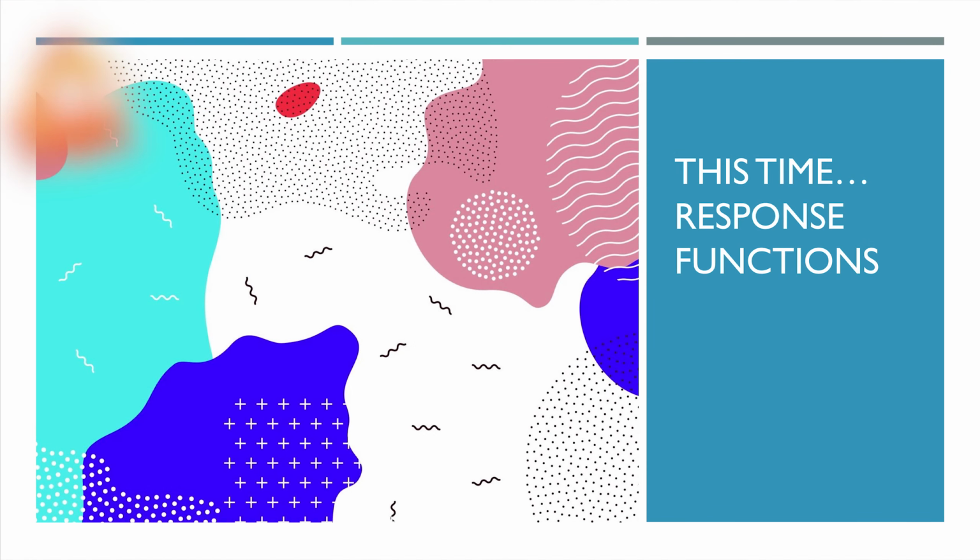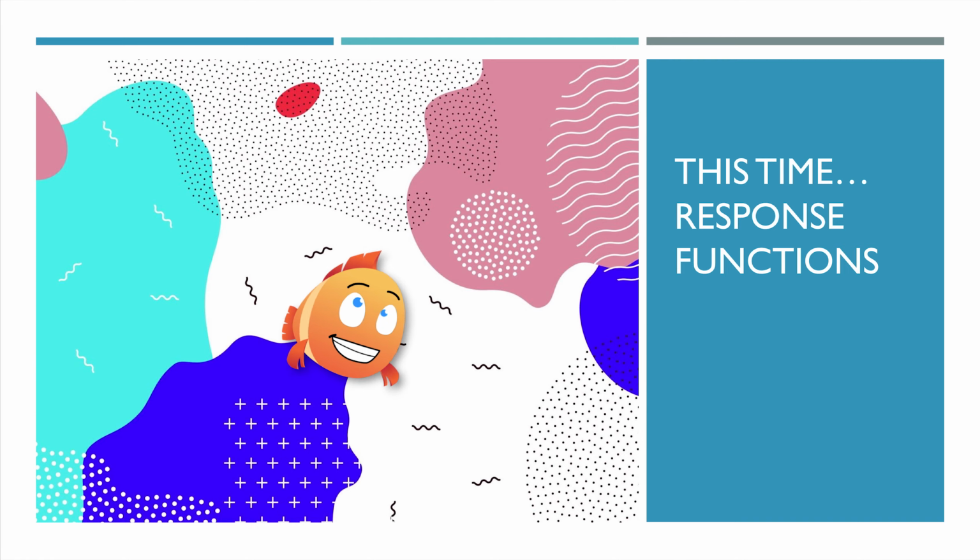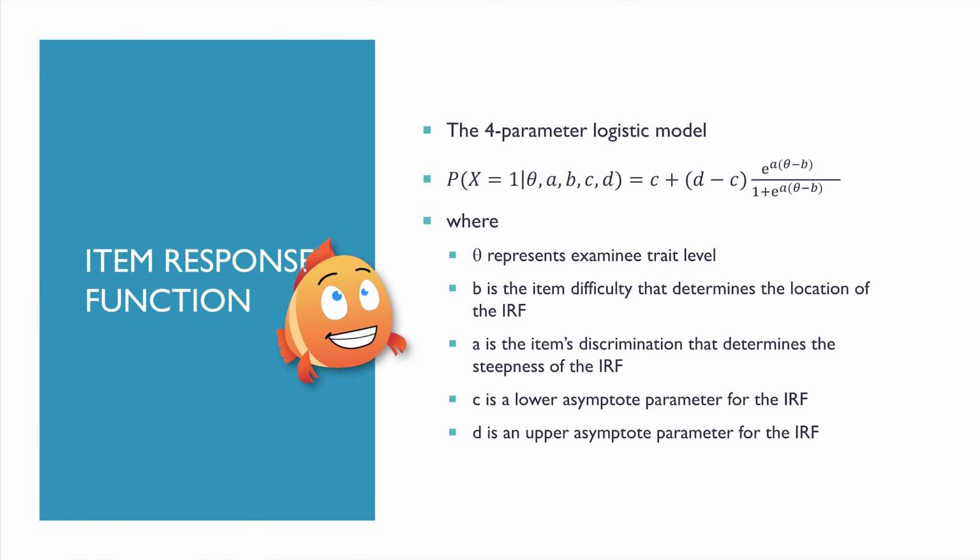Hi again. So today we're going to talk about item response functions, and the equations that go into them. I'm going to work my way backwards. We're going to start with the 4-parameter model, and then I'll show you which piece I take away as we go, so they'll get simpler and simpler. So, the 4-parameter logistic model